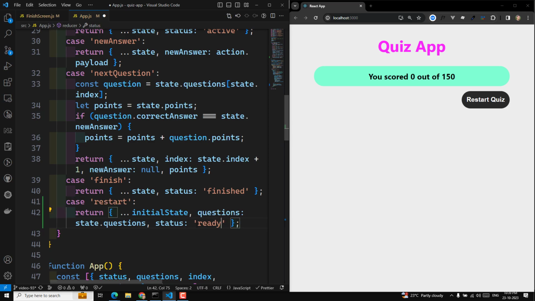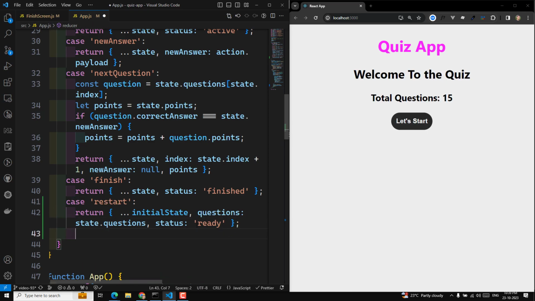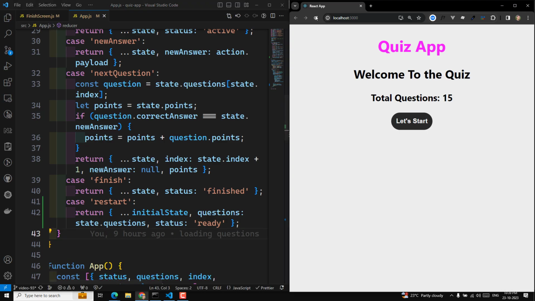So this is the simple thing. Or otherwise you can take the state and you can initialize everything to an initial state. Also you can initialize anything, it is okay. So anything is okay for you. So now let's try